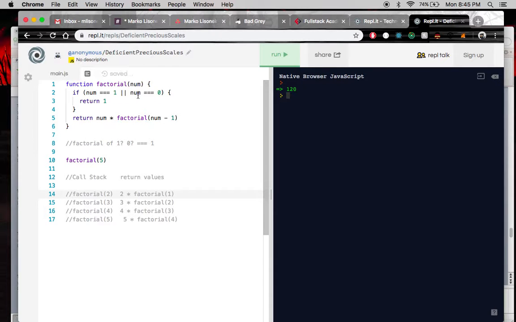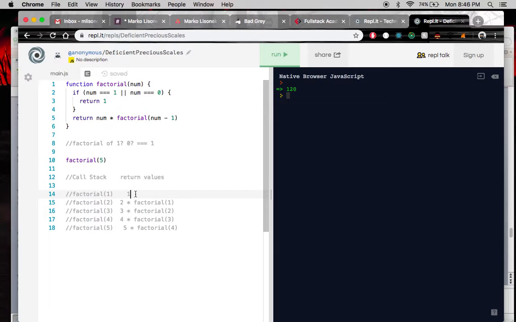As you can see, once again, our function is returning something constantly. So when we put in 5, it returns 5 times factorial of 4. And since it returns this function, factorial of 4 is thrown onto the call stack. Factorial 4 returns 4 times factorial 3. So factorial 3 is thrown onto the call stack because that's a function. And factorial 3 returns 3 times factorial 2. So yada, yada, yada. Once we get down to our base case, factorial of 1, that's going to return something because it's not going to return the function again, so nothing's going to be thrown onto the call stack again. We hit our base case because num is now equal to 1,